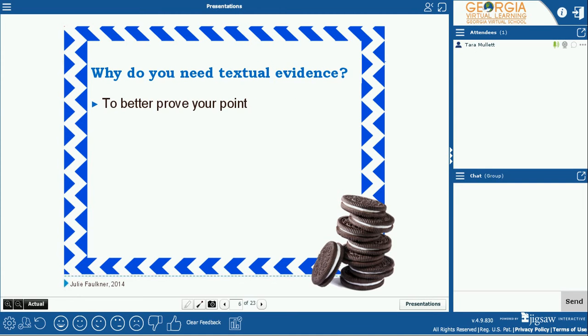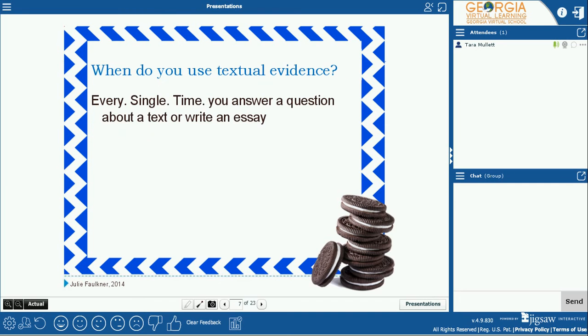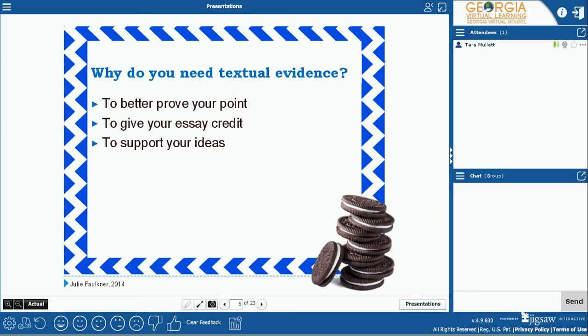You need textual evidence to better prove your point, to give your essay credit, and to support your ideas. Okay, so you need textual evidence to support your point. The way I always tell my students, both face-to-face and online, is to present your opinion, your thesis statement, as if it was a fact, which is why I do not allow students to use words like I or me or you or myself, or even the word opinion. Present your opinion as a fact and defend it with evidence from the